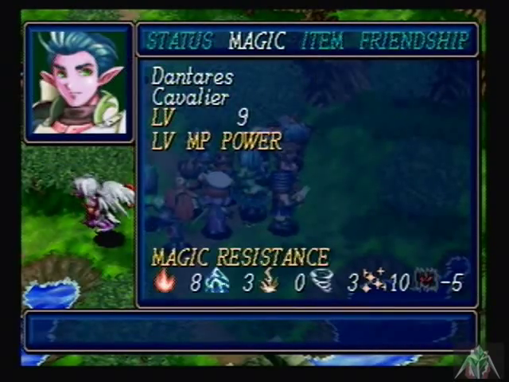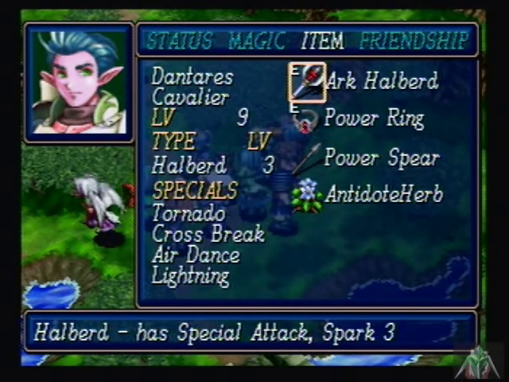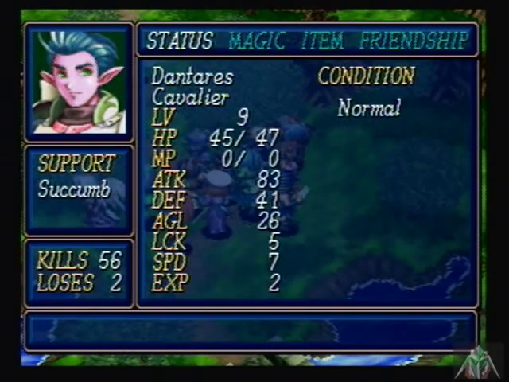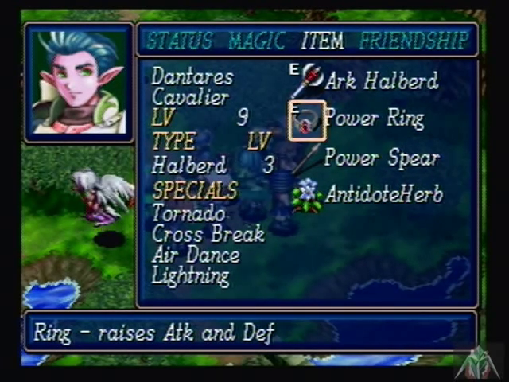As far as the rest of his stats go, he's learned level 3 in Halberd, and he's got his level 4 from the Arc Halberd itself. So Tornado, Crossbreak, Air Dance, which is hilarious to watch, and Lightning. And his stats are ridiculous because of the attack ring, or the power ring. I went with power rings for most of my characters because they are, in my opinion, a little bit better because